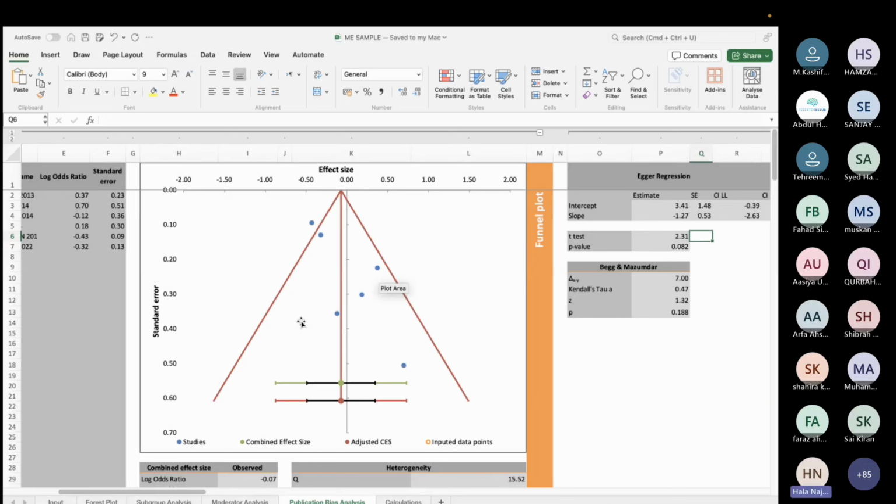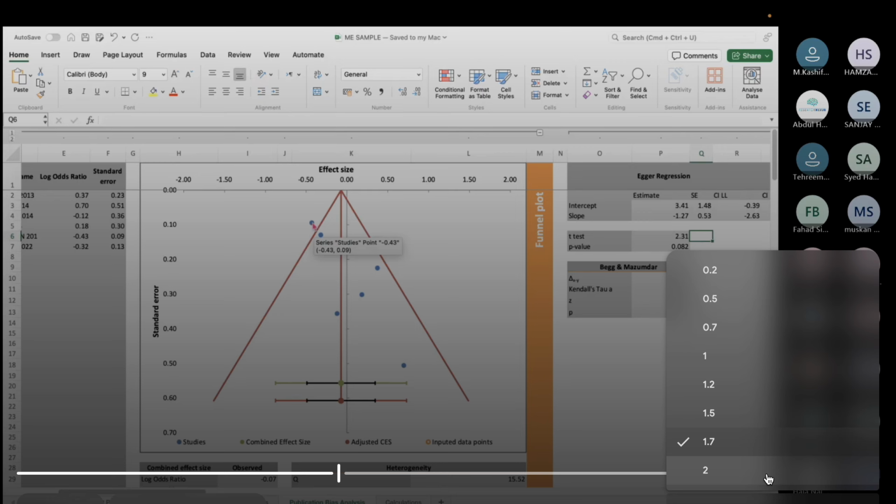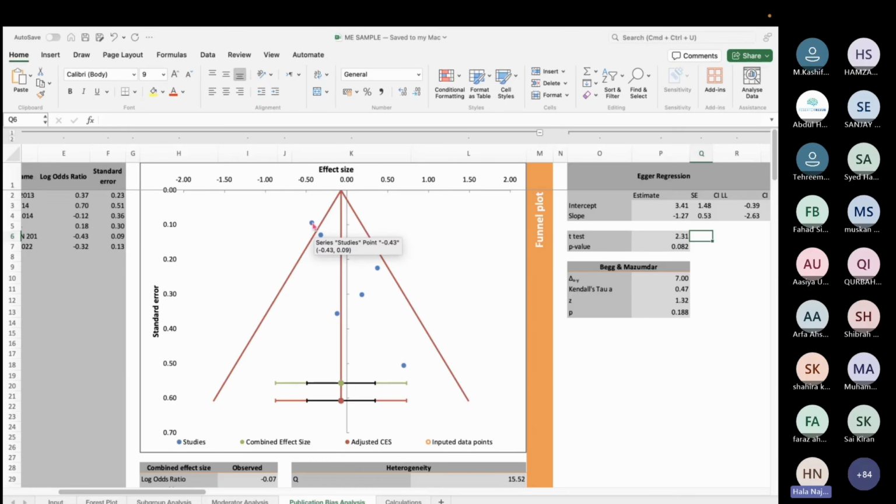And yes, you can do it on RevMan. Yes, there's one study which is outside the triangle, and you have to look at that study to see what was in the study that is making it an outlier. Were its study methods very different, was its study design very different, what was its patient population like, etc.? Okay? And there's nothing that you can do to address the publication bias other than what I've just told you. Maybe there is unpublished literature and you have to see which ongoing studies there are on this, if there are any.